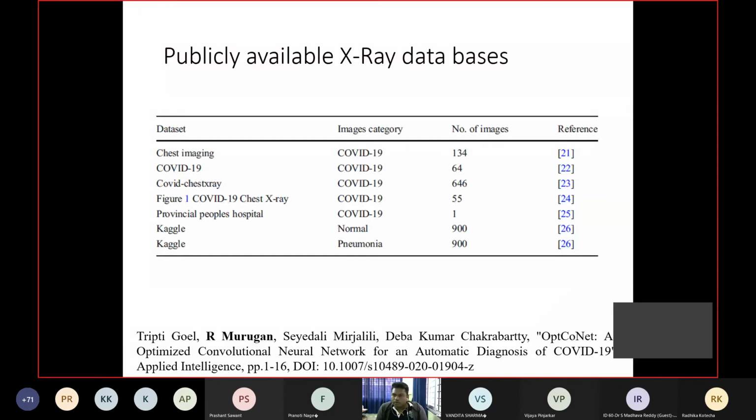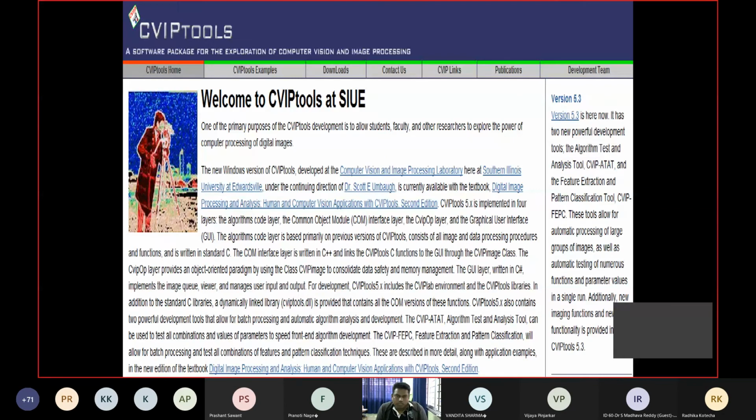Okay, then I want to suggest one publicly available tool for the image processing beginner. That is called the CVIP tool, the Computer Vision and Image Processing Tool. The speciality of this tool is that it is a drag and drop tool, so you need not write any programming. With the help of this tool, you can understand all the image processing fundamentals, like enhancement, segmentation, feature extraction. You can familiarize yourself with this tool. If you are interested, you can download and install it, and be happy to work with this particular